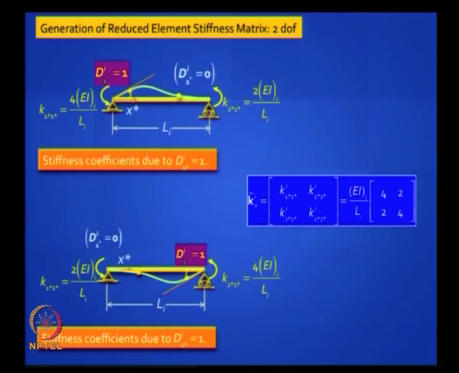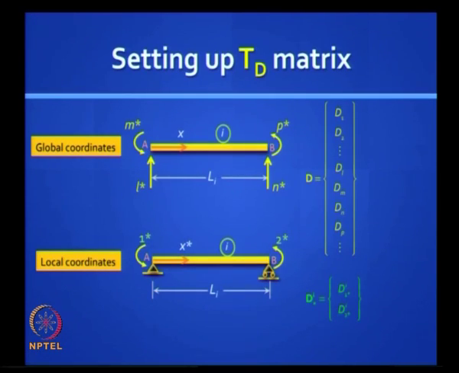If you recall, we learned how to derive the stiffness matrix using various techniques. The easiest is a physical approach. That matrix is very easy to remember: 4EI by L, 2EI by L, 4EI by L, 2EI by L. The diagonal elements are 4EI by L, the off diagonal elements are 2EI by L. They are all positive, and you physically know the meaning of each coefficient in that matrix. We also learnt how to set up the TD matrix,